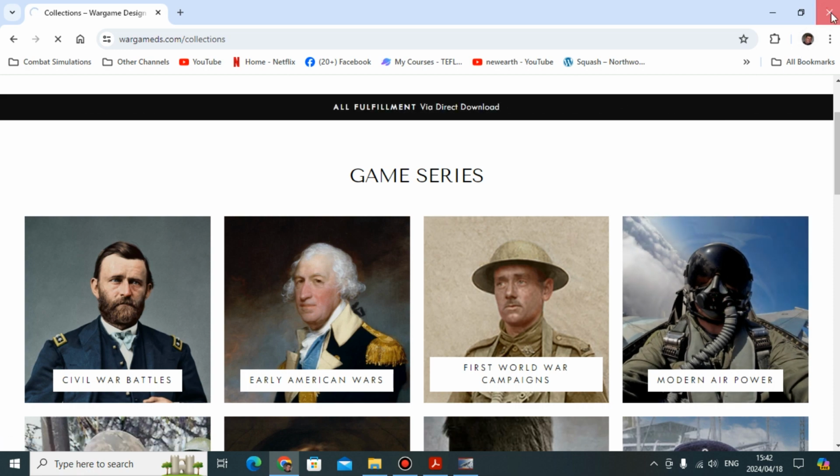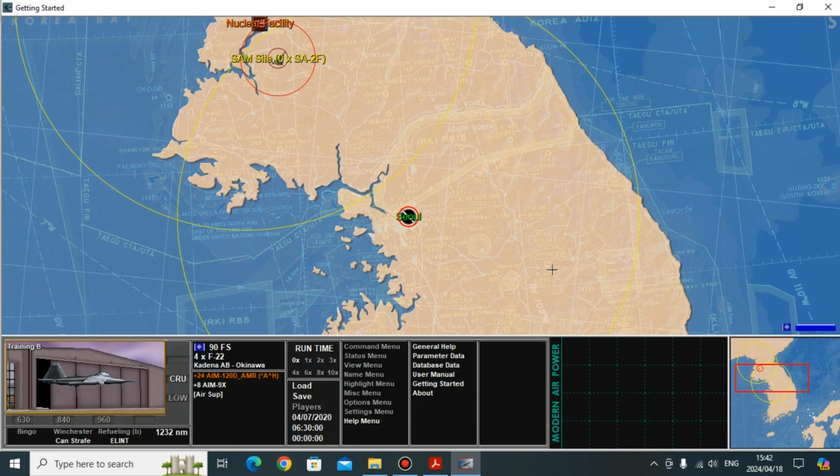Okay, it's not that important. I just wanted to show you all the different games. They've got the Israeli conflicts. They've got quite a few games in these modern combat air power ones. I think they've got a Korean one, if I'm not mistaken, but they've got various eras, scenarios, different places, Israeli, Cold War,